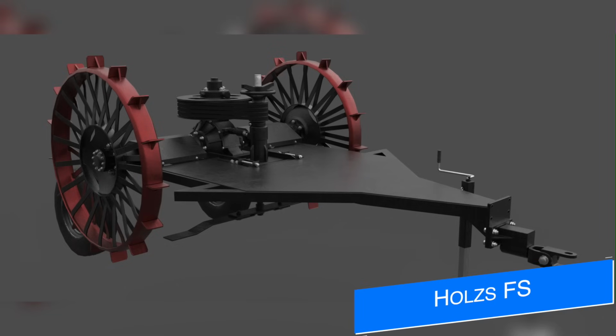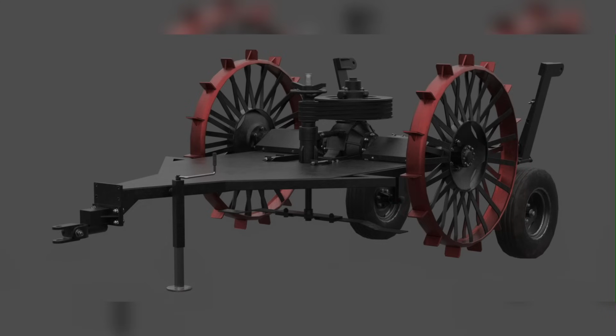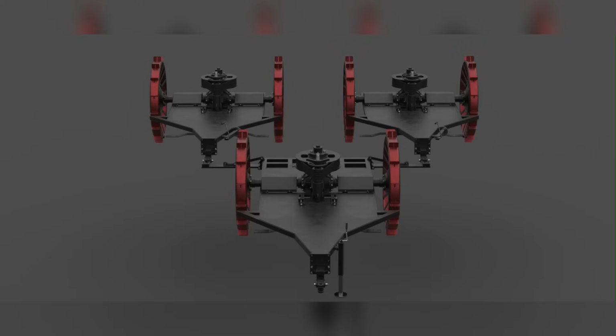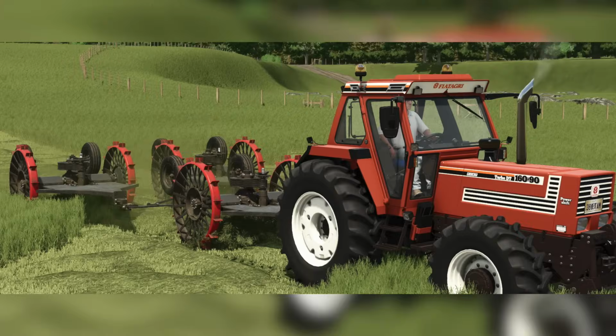Holzs FS has a new type of mower. It's trailed, but no mower, I guess? Only the wheels turn the mower blades. Definitely a neat and unique setup. I feel like we've seen something like this before, but I couldn't find that mod. The screenshots also show the ability to link multiple of these together. It would be pretty cool to run like 30 or 40 of these at a time, but that may not